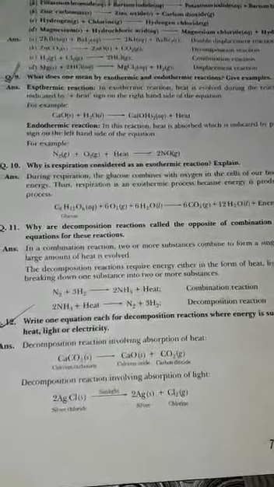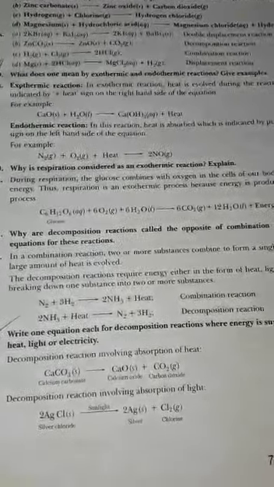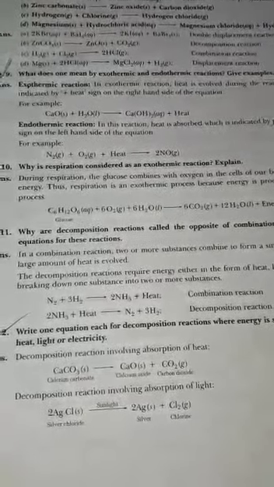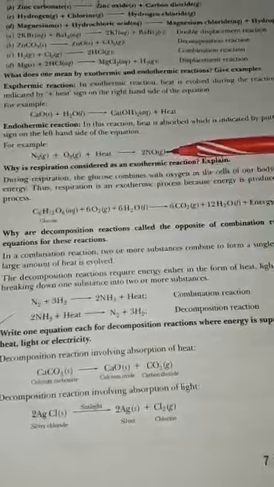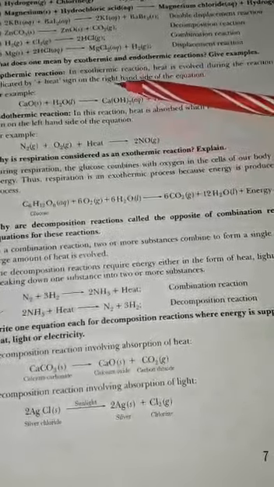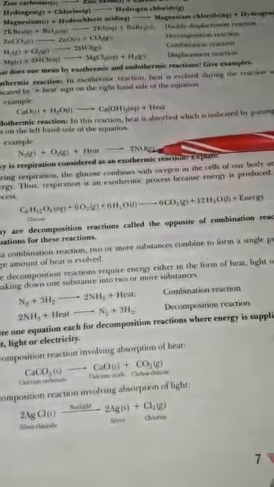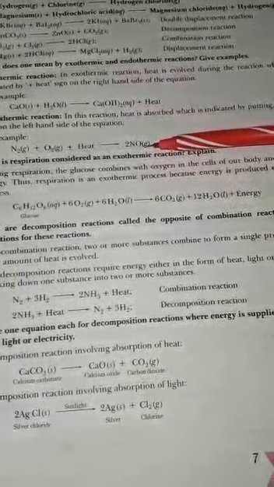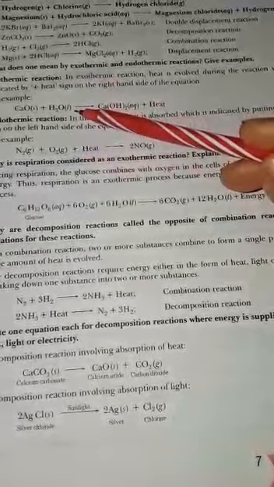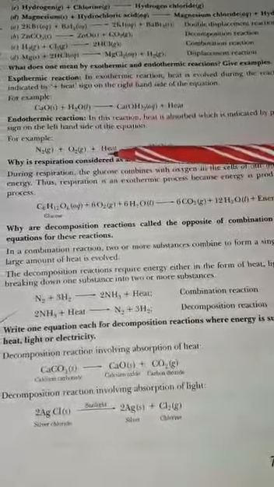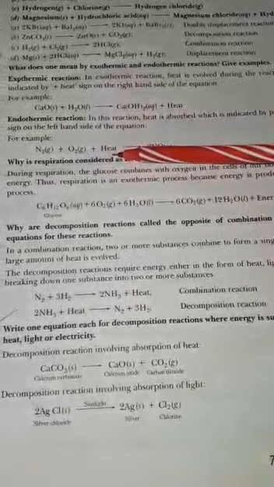Hello everyone, let us start with the next question. Before starting, let me say one important thing: state symbols are given for all reactions, okay? So if it is not asked in the question, no need to write any state symbols, like this is in gaseous state, oxygen is in gaseous state, water is in liquid state. Am I clear? If it is asked in the question, then only you will write, otherwise no need.